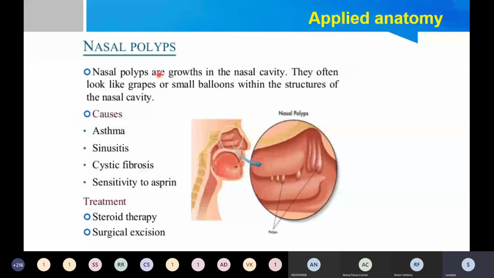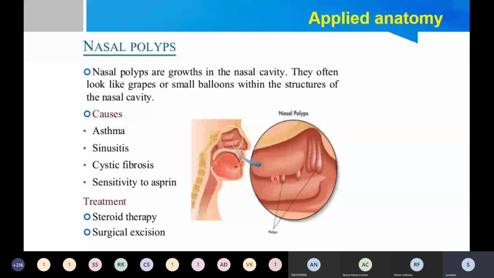And a word about the nasal polyps. What are these polyps? These are outgrowths, mucosal lined projections, which occur in the nasal cavity, especially the lateral wall of the nose. Why do they occur? Because of the negative pressure created within the nasal cavity, they draw the mucosa as an outpouch, especially to lie in the meatus area. Those are called nasal polyps. The grape-like outgrowths of the mucosa are called nasal polyps.